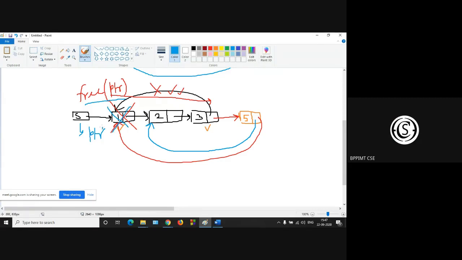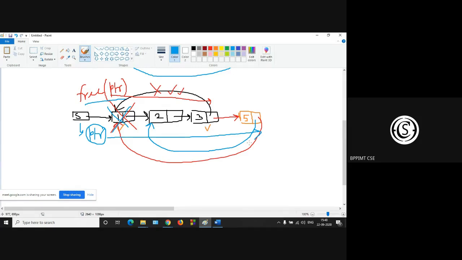So the logic is ptr is starting from the first node, and unless and until you are at the last node, proceed. So what will be the condition? While ptr arrow next not equal to start, this is circular, not a singly linked list. That's why ptr arrow next not equal to start.